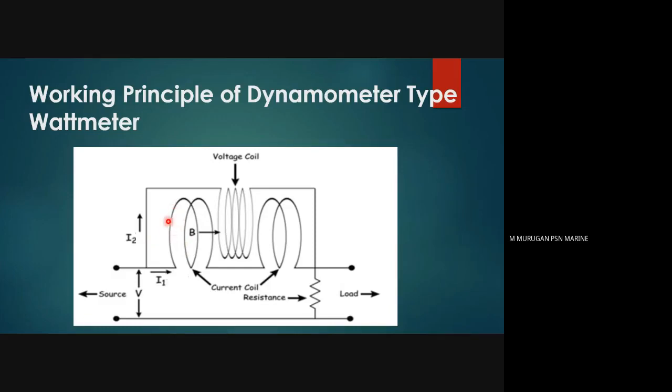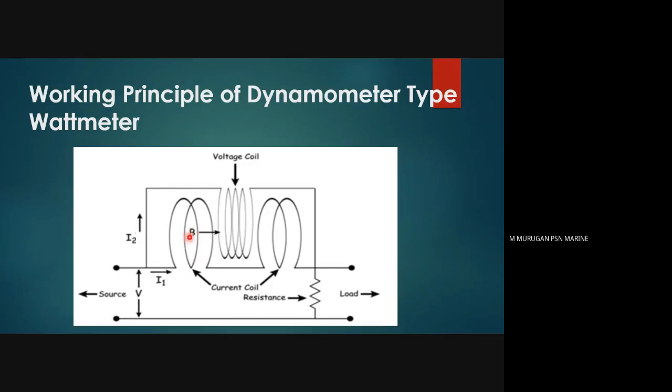The produced flux occupies some area, and that is the flux density. In general, it is named as capital B. So capital B is nothing but flux density. Flux density is nothing but flux in one particular area. So around the coil, we have some area, and the amount of flux in that area is denoted by the letter B. By means of this I1 current, the flux is produced in the area, and we call it the flux density.